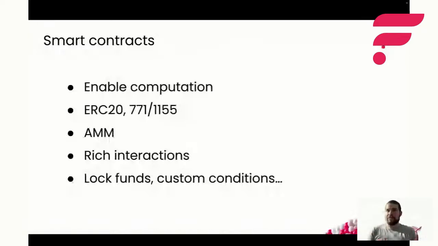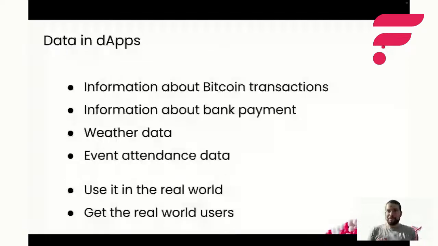And you can do something more. You can do some additional stuff because we have this new additional data. Well, data in dApps, do you really need it? Actually, you do. So we have this additional data, and if you think about blockchain, if you think about any new thing that emerges, the first thing is that it starts in isolation. But nothing can work in isolation. If you do some computing in isolation just on a blockchain, there's only so far you can get.